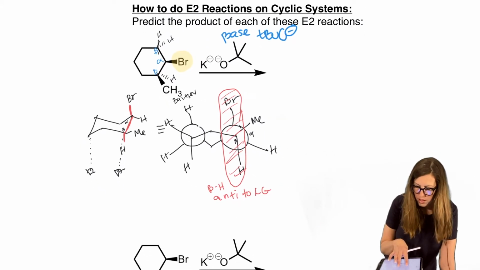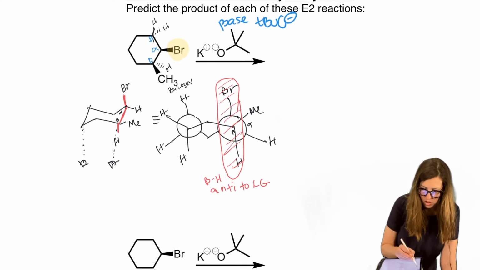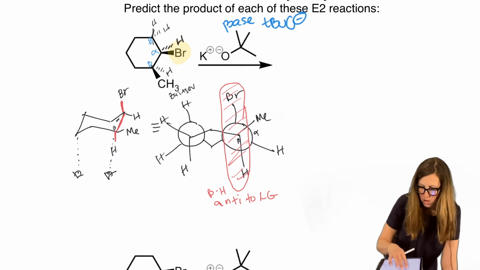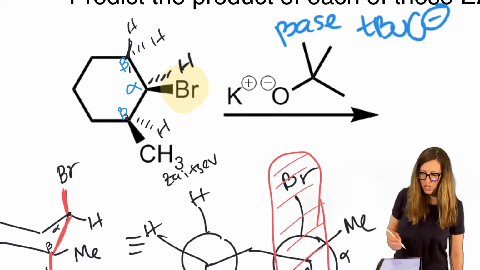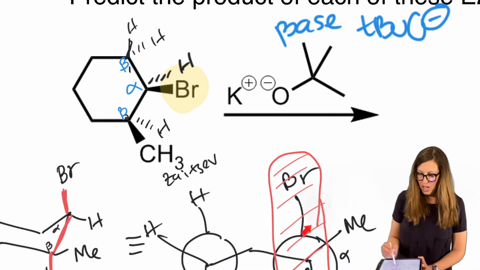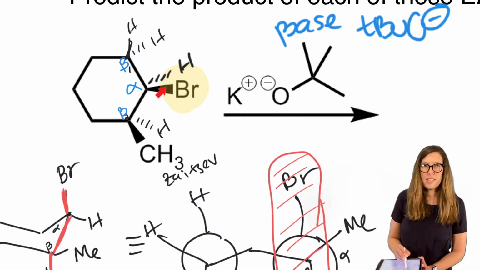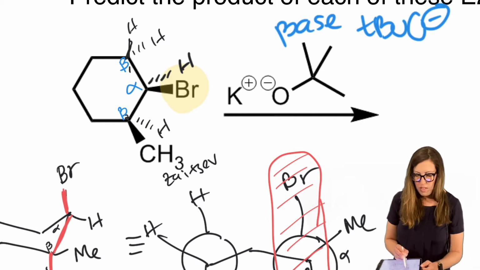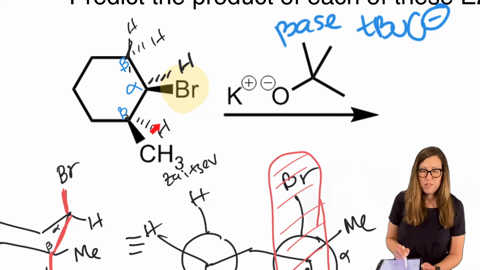So this proves it more thoroughly, but I'll show you another way you could tell without drawing all that. As long as the dashes and wedges are shown, we can use the consequence of this to help us skip a lot of that extra drawing every time. Notice that the alpha carbon has a leaving group on a wedge. We proved that the dash is truly anti. Wedge and dash are opposite.